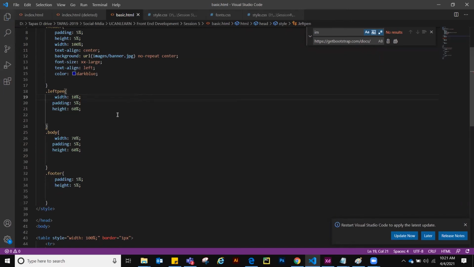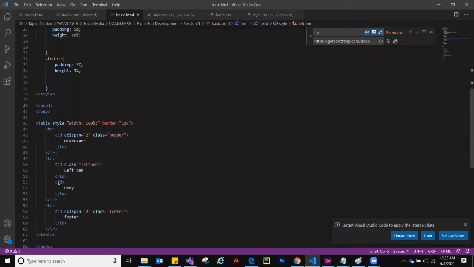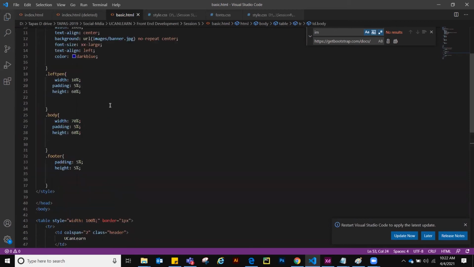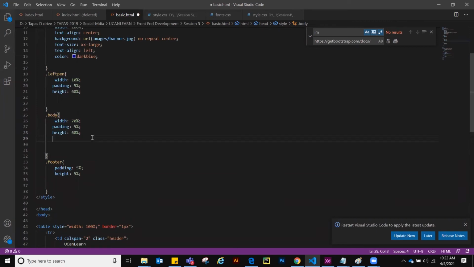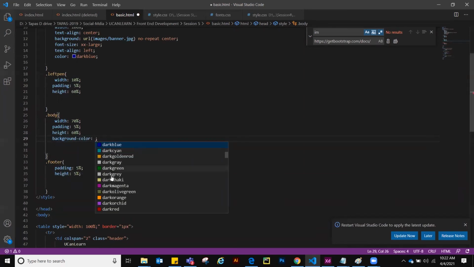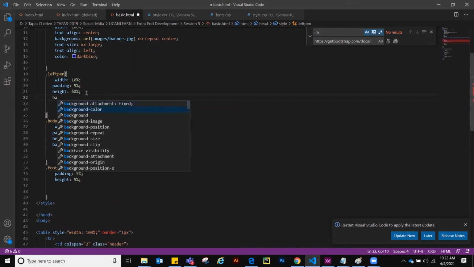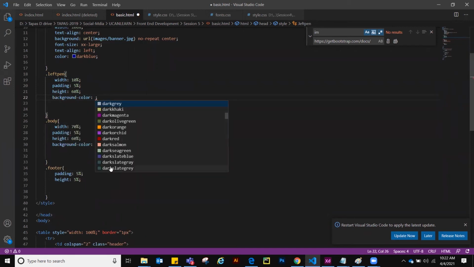Okay, so this is how this works. Now save this. I've added this class, body. Add some color so that we can understand: background color.